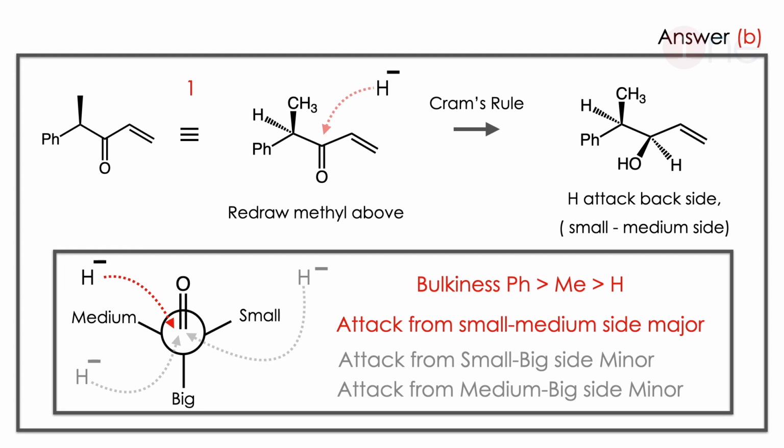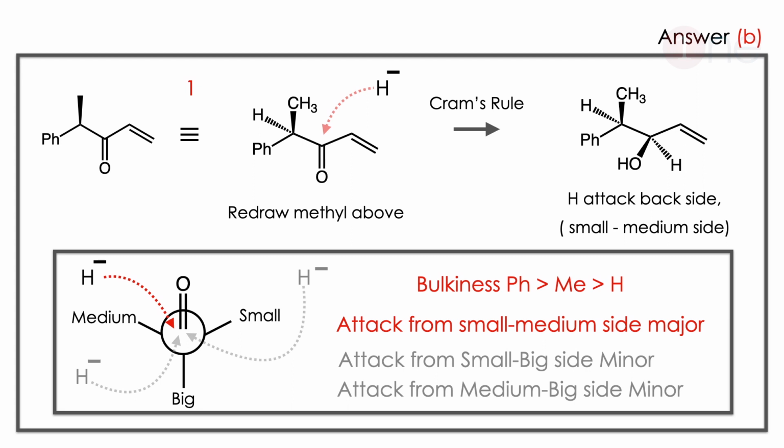In this mechanism, the big problem is on the plane side; actually it is Cram's rule. So you have to rewrite the structure in such a way that the methyl group is above, and phenyl or hydrogen can be above or below. You can redraw, the structure will always be the same. So you have to redraw with the methyl above. Where the H minus will attack, you have to see in the diagram below. H minus can attack from three sides: from big group to medium to small to big group. The big group always repels the negative charge, so the attack will always be on the medium-small side. So the attack is from the backside, the only possibility there. So H attacks from the backside.